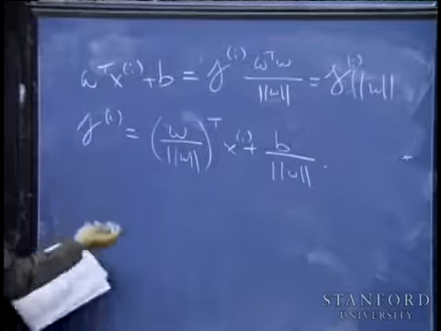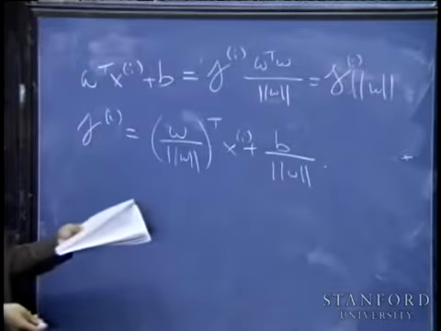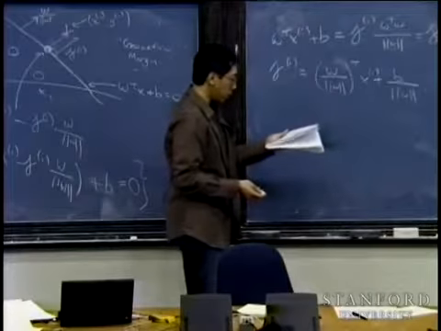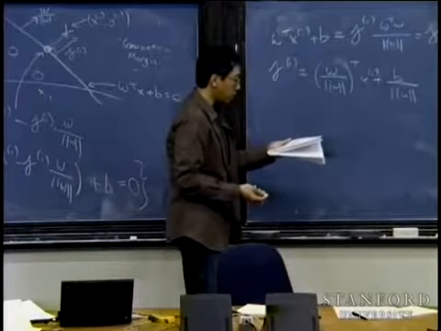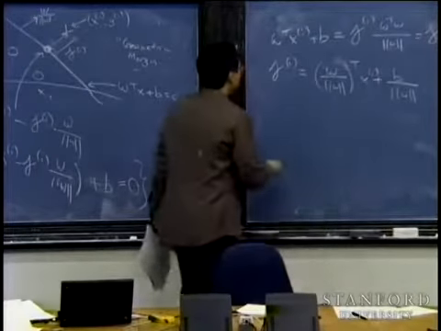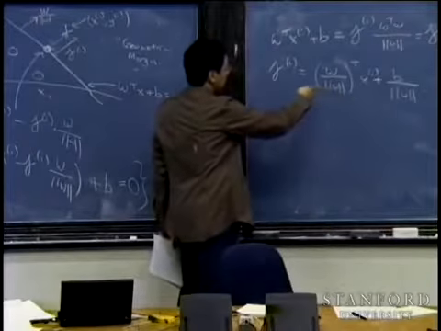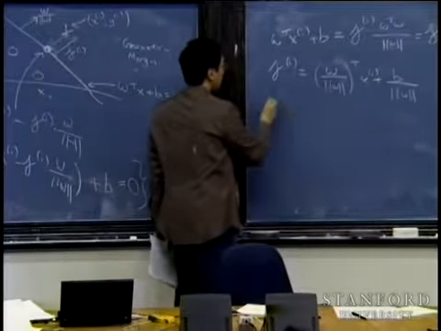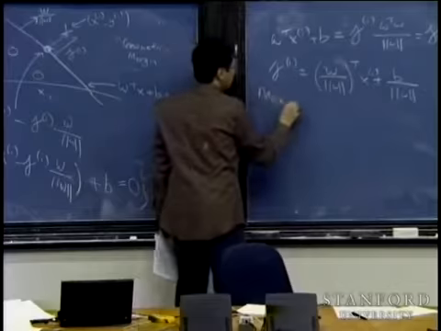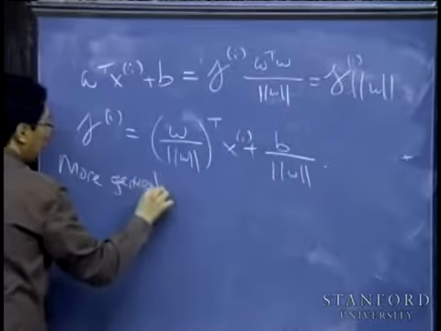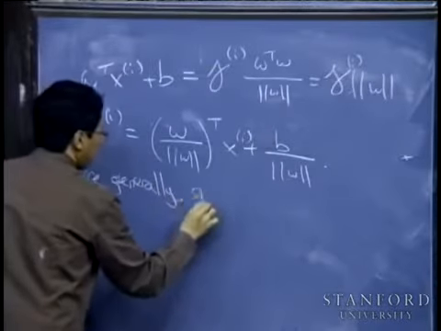The last thing I want to do is take into account the sign of the correct classification of the training example. I've been assuming that we've been classifying an example correctly. So more generally, define the geometric margin